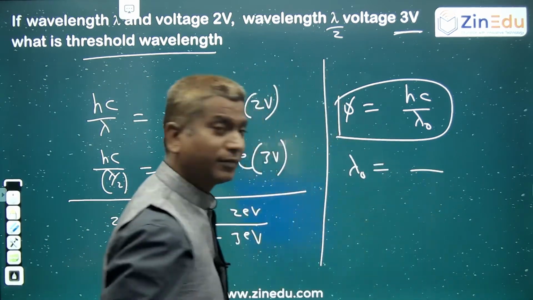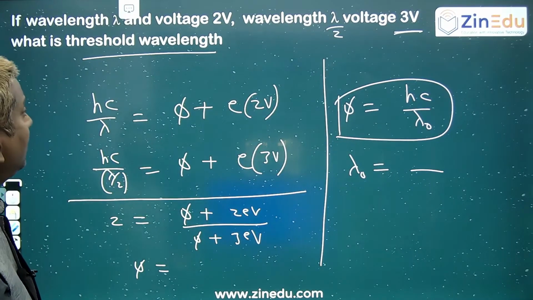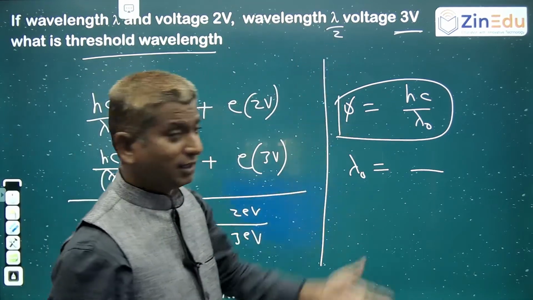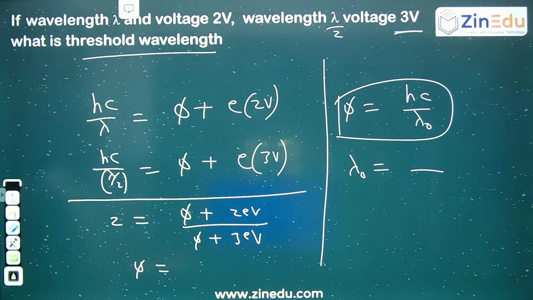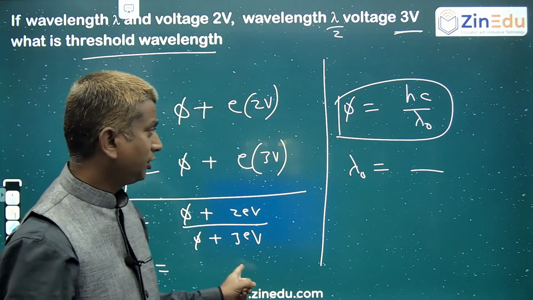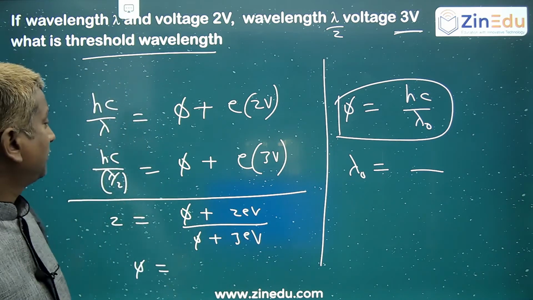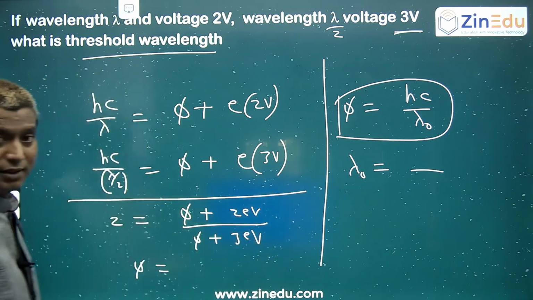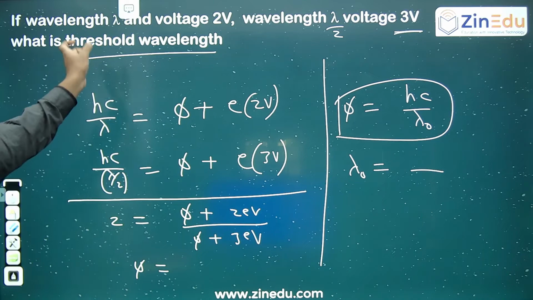This can be the question, or else it can be like this. This can be lambda, and this can be 2 lambda, and this can be lambda also. We just expected the question may be like this, and accordingly we are trying to solve. So here you will get the positive value, getting negative. Solve the question like this, or take simply lambda 1 and lambda 2 to get the lambda naught, because I don't know exactly what those values are.